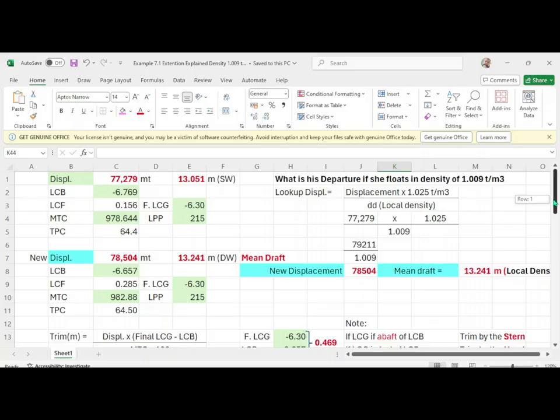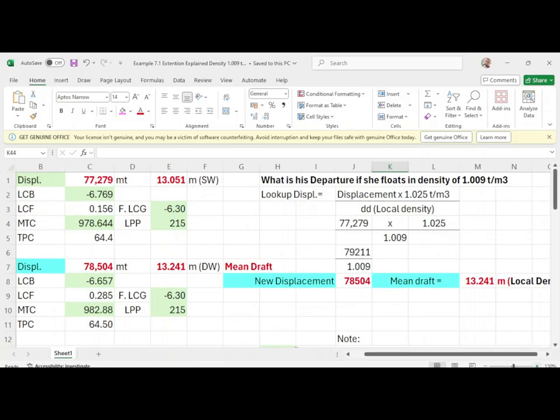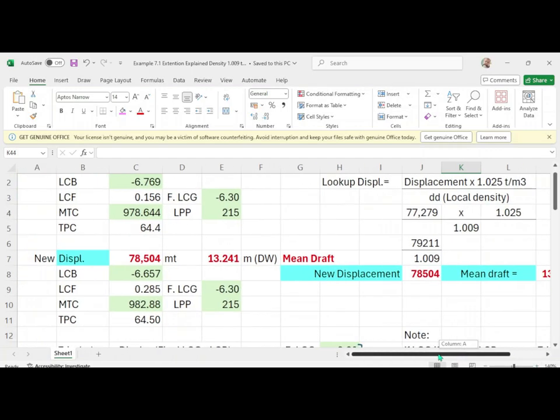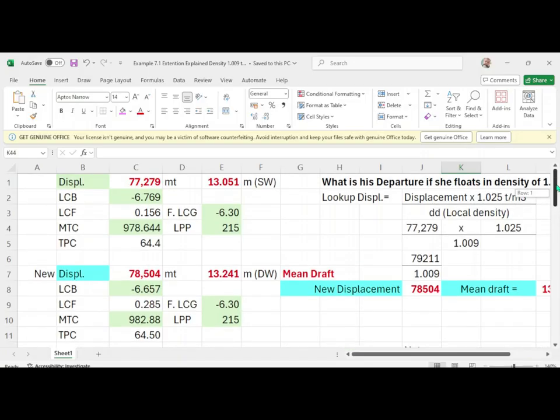In my previous video, the departure draft was 13.05 in salt water, and the displacement is 77,279. So this is the mean draft of the departure draft of my previous video, and this is the displacement. Now what happens